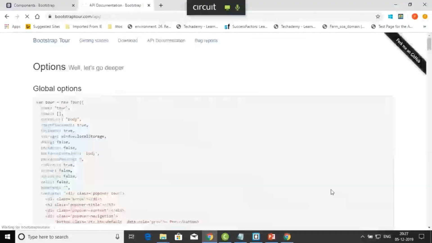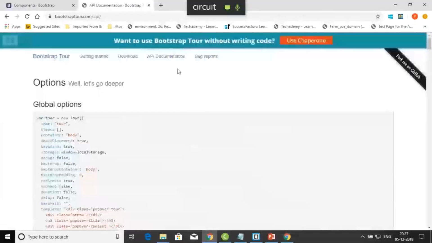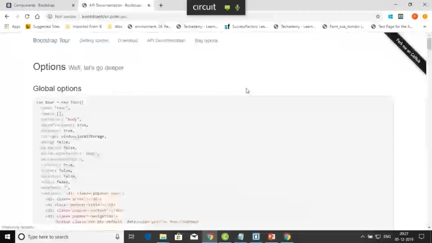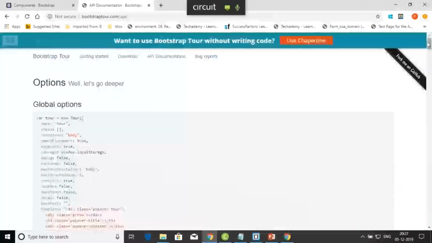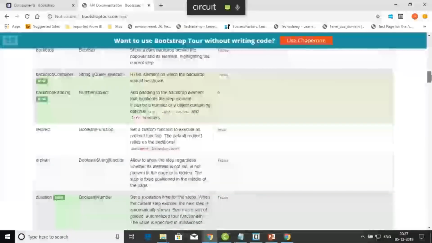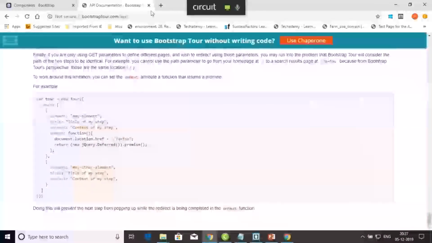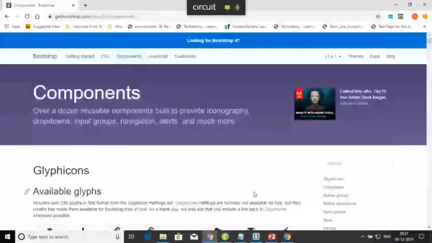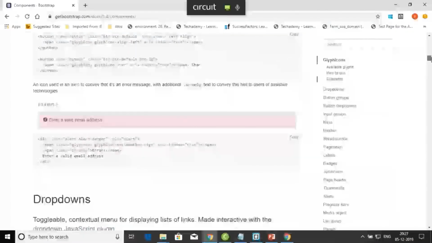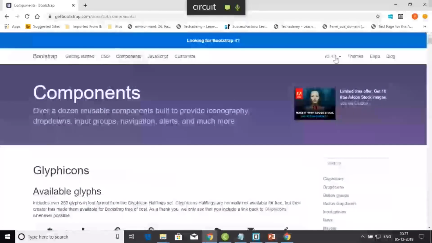When you go to the API documentation, for each and every class I can know the complete details. That you can also follow. But when you're going to start initially, it is better to go with getbootstrap.com and read each and every component or item that has been given, right? Okay,